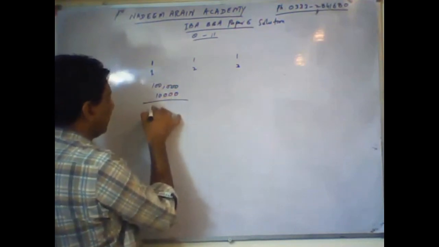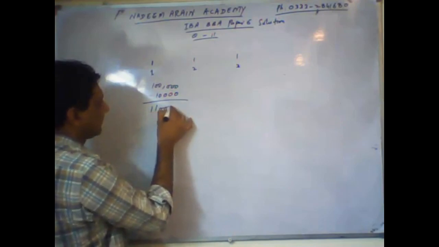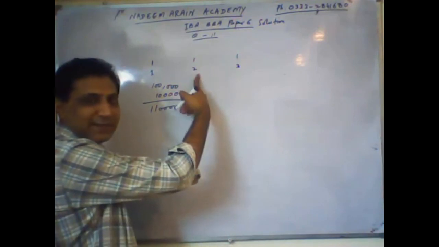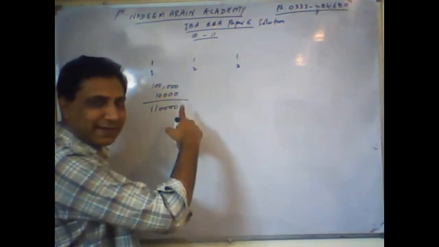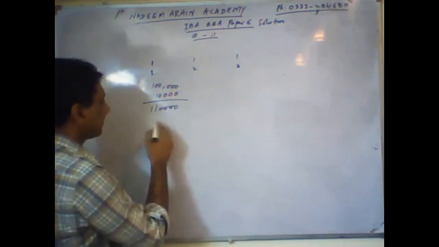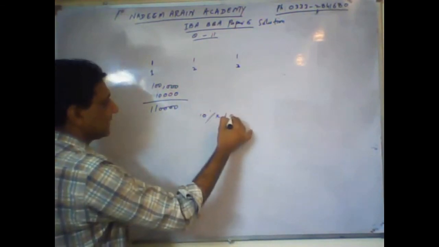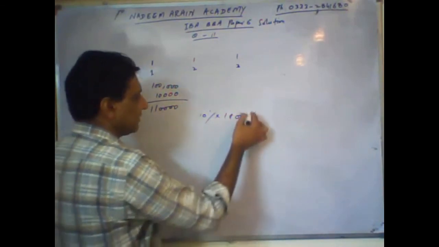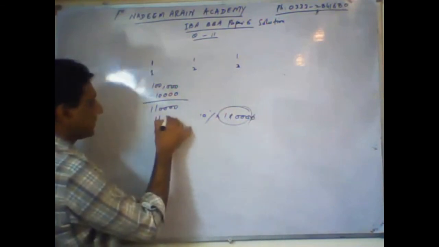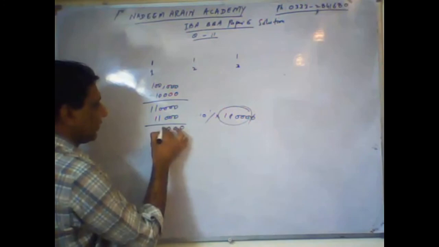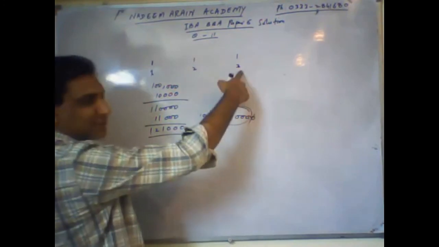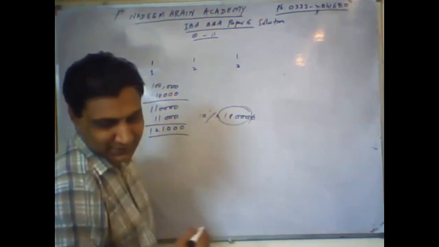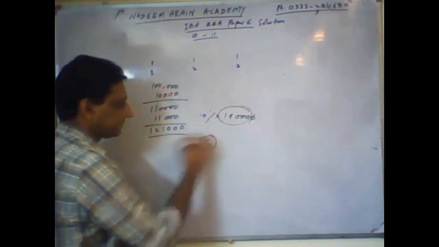It will be 110,000. Okay, this is the fees at the beginning of second year. Now take 10% of it again. Actually, whenever you take 10% of something, you just remove the last zero. That's it. So this will be 11,000. Add 11,000 again. So the fees at the start of third year will be 121,000 rupees. So 120,000 rupees, this is option C.